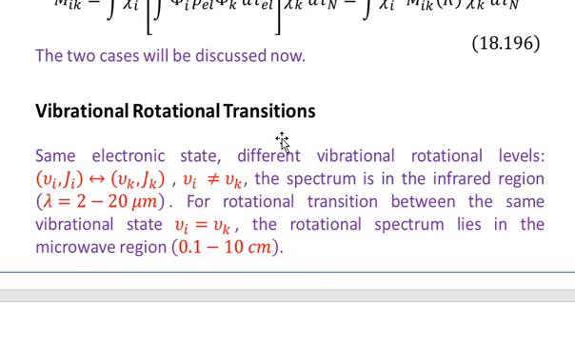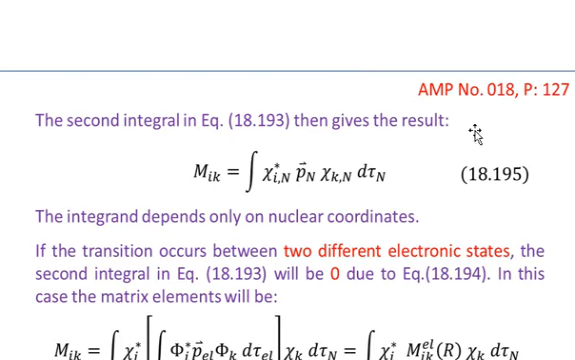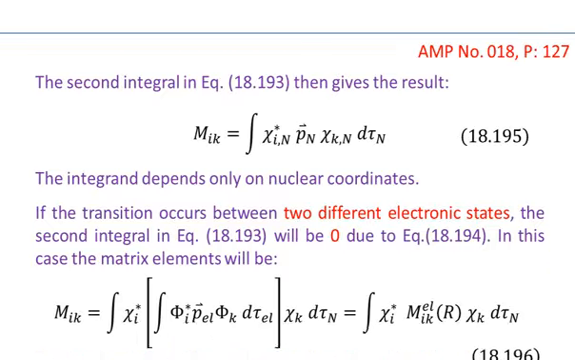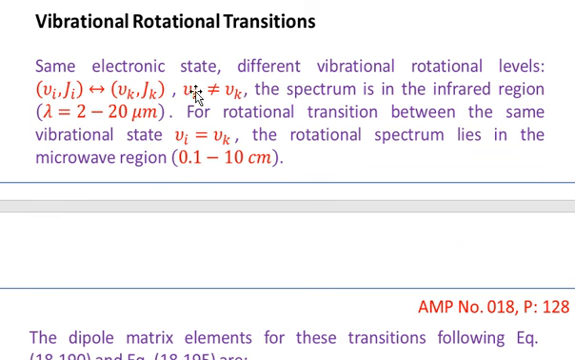Vibrational rotational transitions. Same electronic state. You know that when we are talking about the same electronic state, it means that I am talking about this matrix element, because this was obtained for the same electronic state, transition between the same electronic state. So for the same electronic state, different vibrational or rotational levels, that is Vi, Ji, the transition from this set of quantum numbers to Vk and Jk,